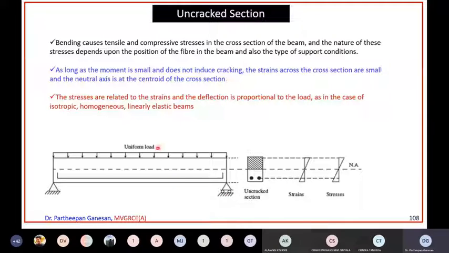For example, you apply a very little load. That means the strain and stress will be linear only. Both are linear. Strain value is linear, stress is also linear, because your load is small. Now the stresses are related to strain, and deflection is proportional to load, as in the case of an isotropic homogeneous linear material. Because your load is very low, that means you are operating